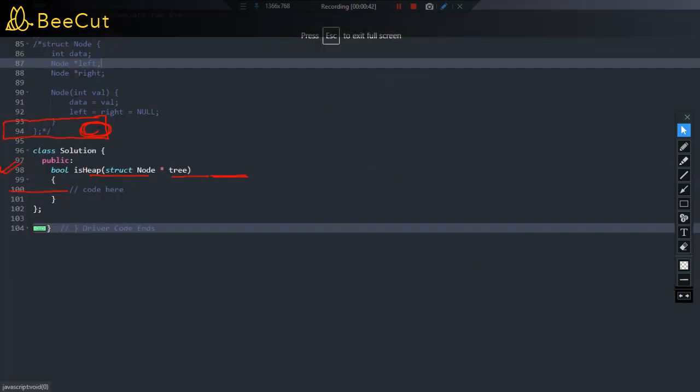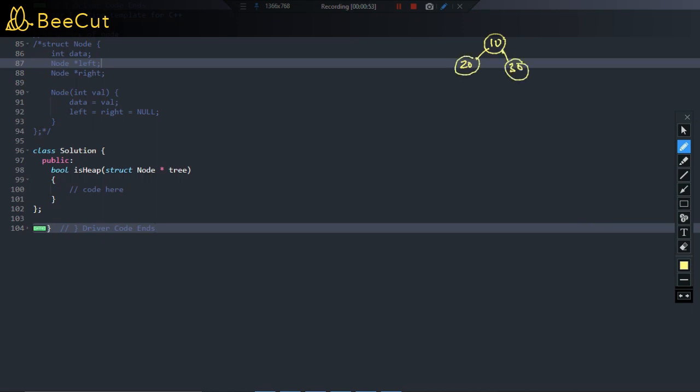So the question is very simple, right? We are just provided with a tree. Let me draw a tree, suppose, and the tree is like 10, 20, 30, 40, 50. You have to check whether this tree, because obviously you will be given the root node, the root node address of this tree, and you will be asked to check whether this tree is a heap, and to be more specific, a max heap or not. This is the question of the day. Before we jump into the solution, the question is very clear, right? Given a tree, we have to check whether it is a max heap or not.